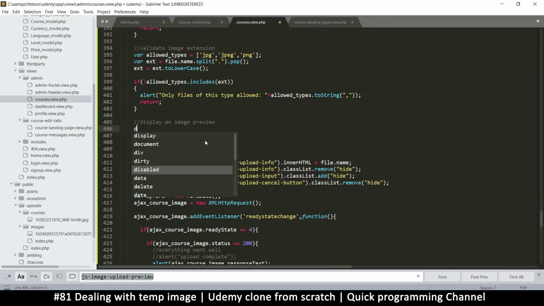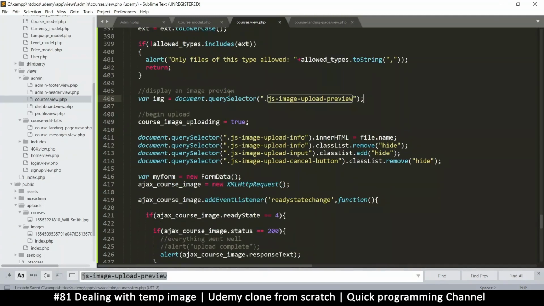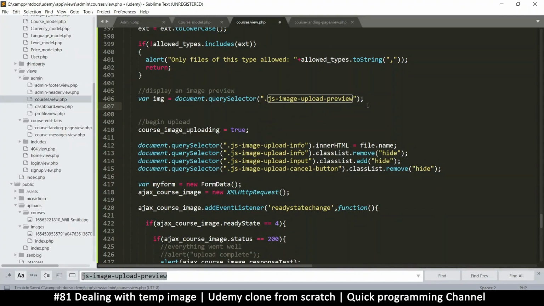Okay, so I'll say document, let's say var img is equal to document.querySelector, and let's select the image preview. All right. And then what we would do is let's create an object. So we're going to say var a link, rather. Link is going to be